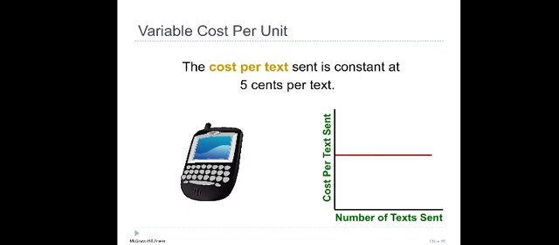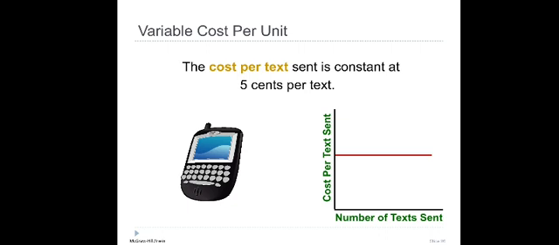But here you see the unit variable cost line. Unit variable cost line is like a horizontal line. In this example, the variable cost is 5 cents per text, per unit of the text. So you send one text, the cost is 5 cents. You send 2 texts, the total variable cost is 10 cents, but the unit variable cost is still the same, 5 cents. You send 100 texts, the total variable cost is $5, but the unit variable cost is still the same,